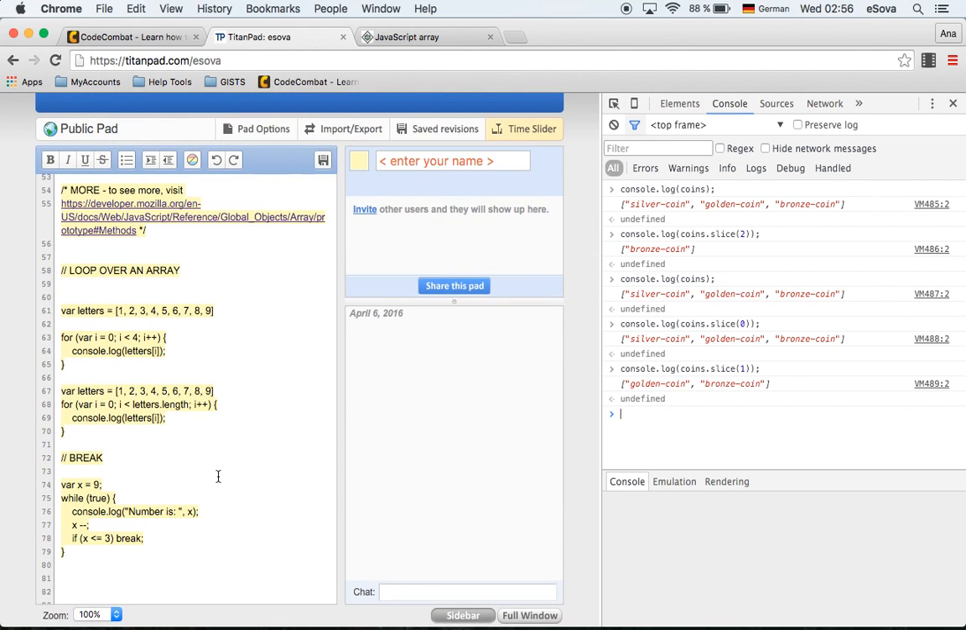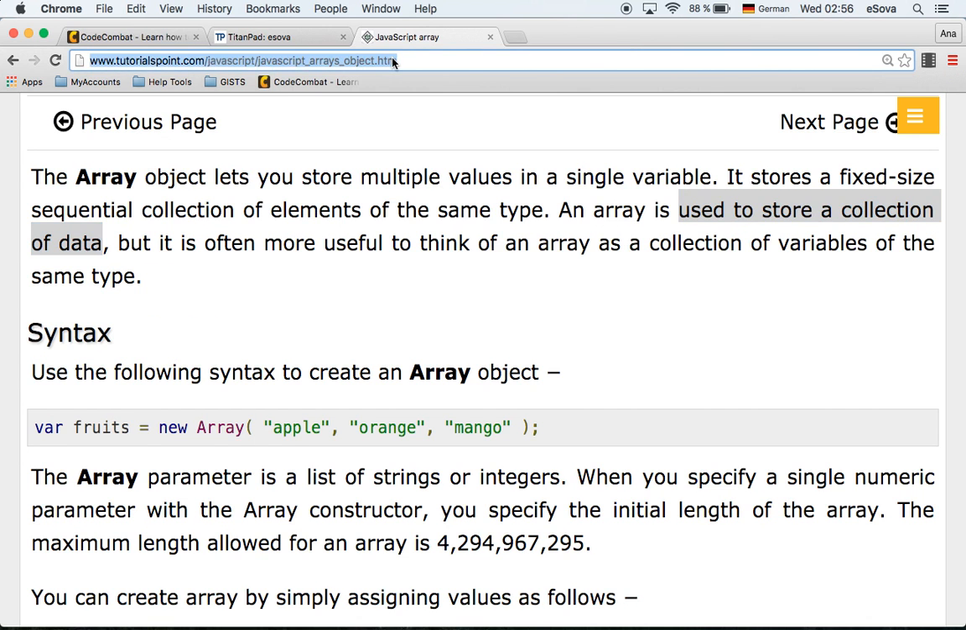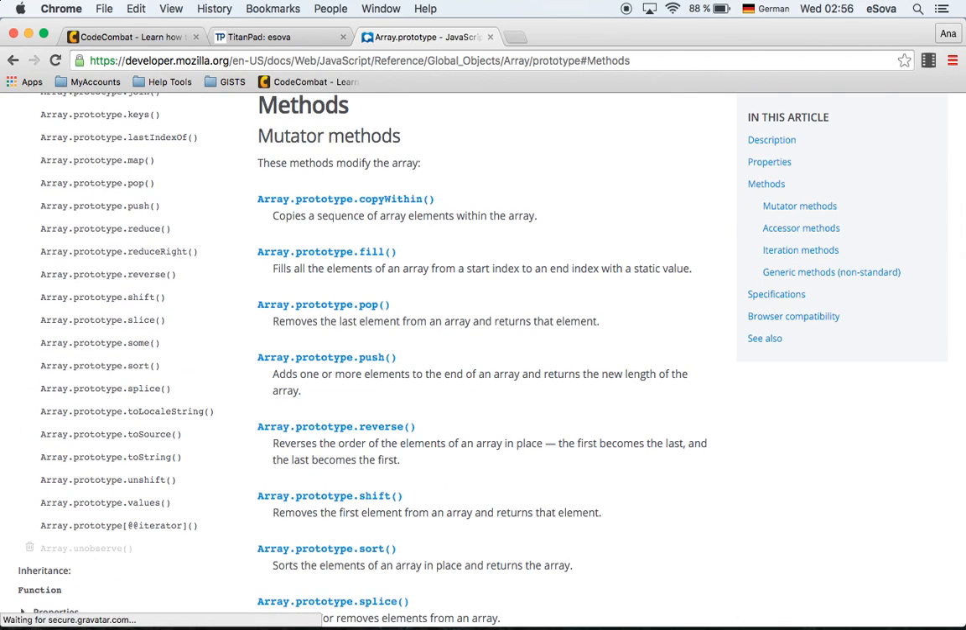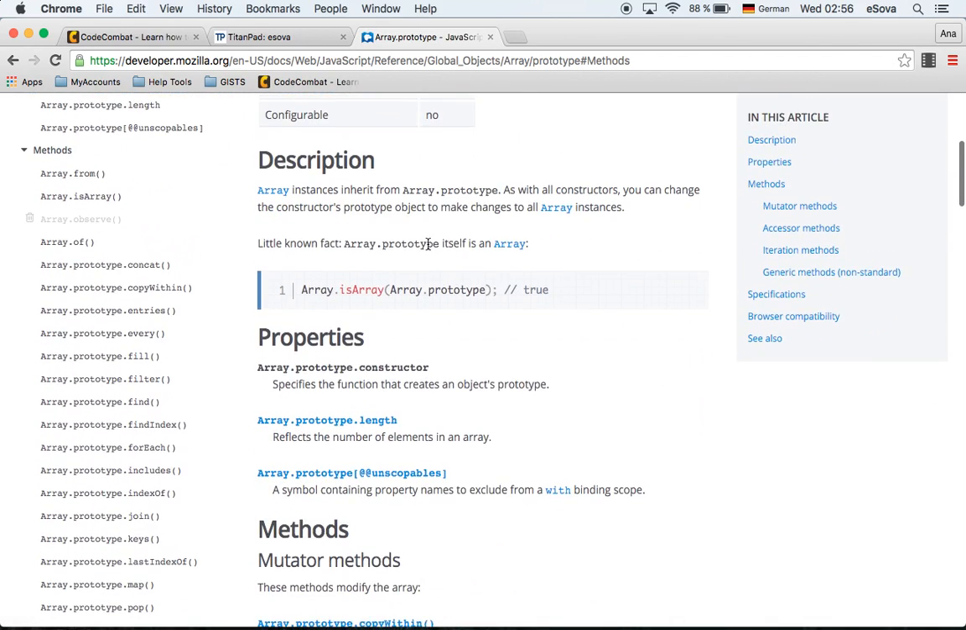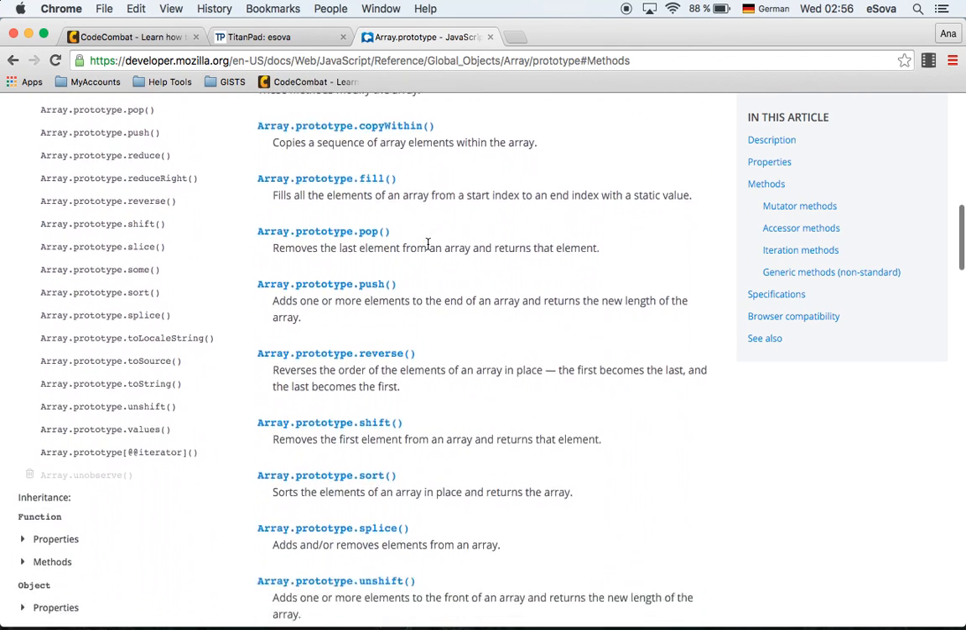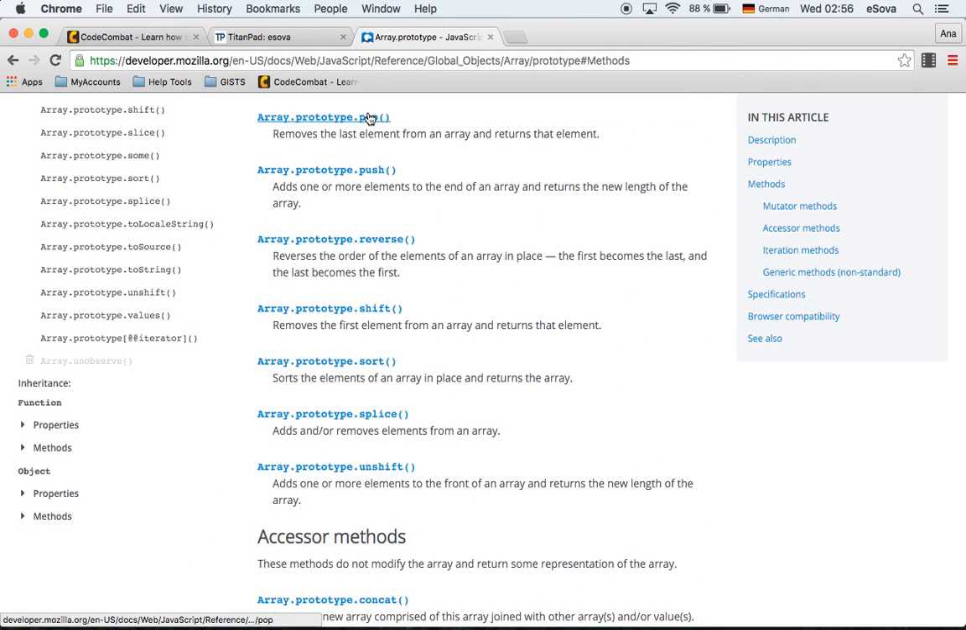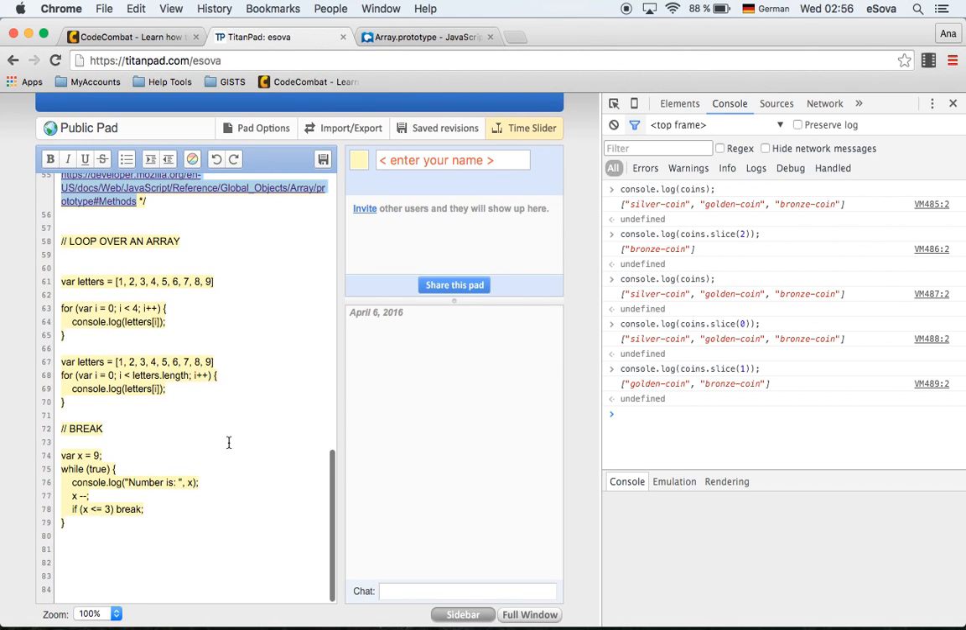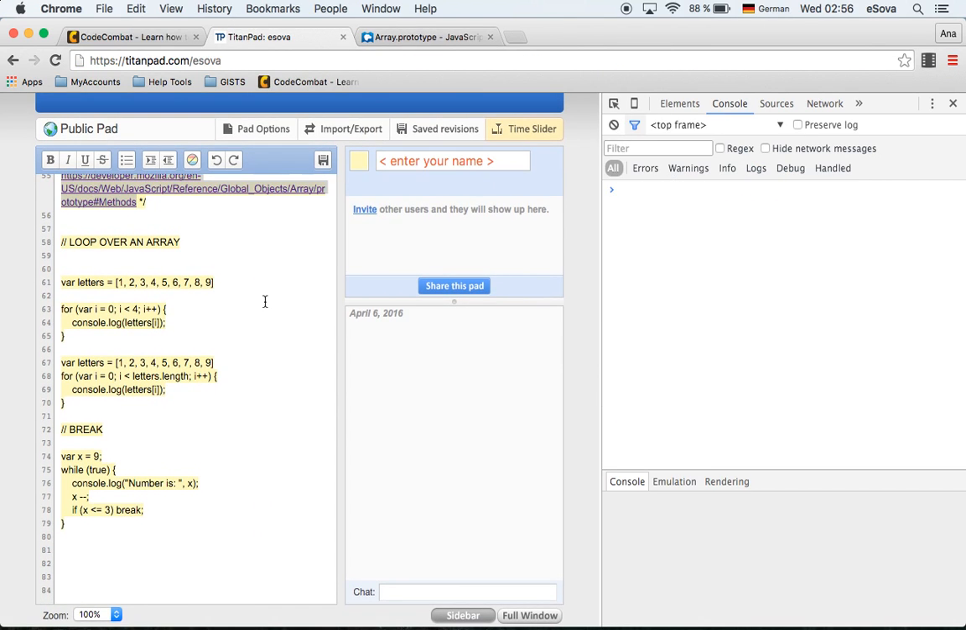So if you want to see more things that you can do with arrays, just click on this link and you will see many more possibilities. So play around, discover, learn. You see, pop, shift, sort, and so on. Okay, let's go back. So the last thing that we will do is